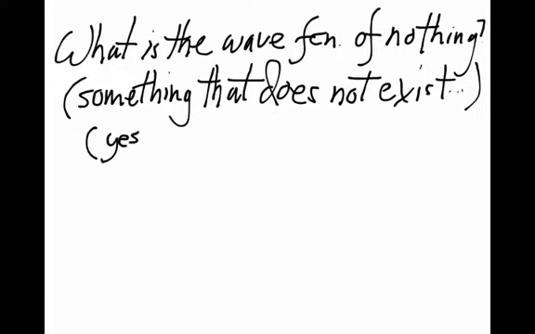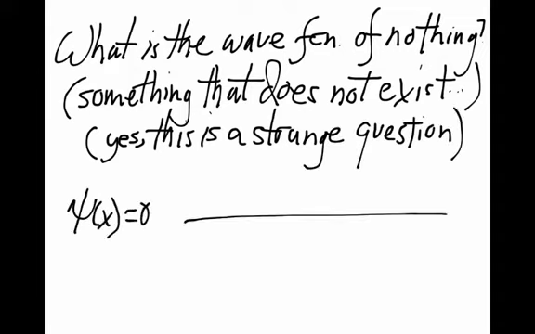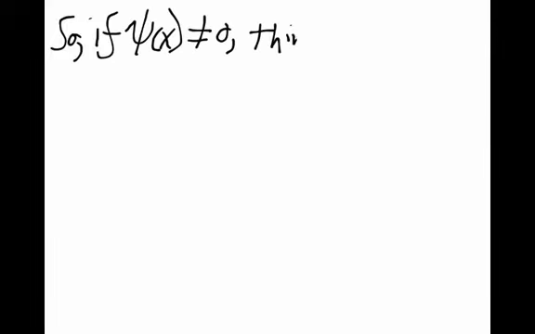And I submit, and it turns out to be reasonably true, that even though it's strange, something that doesn't exist is, well, nothing. So psi of x is equal to nothing. It's a dead flat line with a value of 0, and the value of 0 is going to matter. If it's just zilch, then that's equivalent to something not existing at all. So if a wave function that is zilch is equivalent to something that doesn't exist at all, then a wave function that isn't 0 must have something to do with something existing.